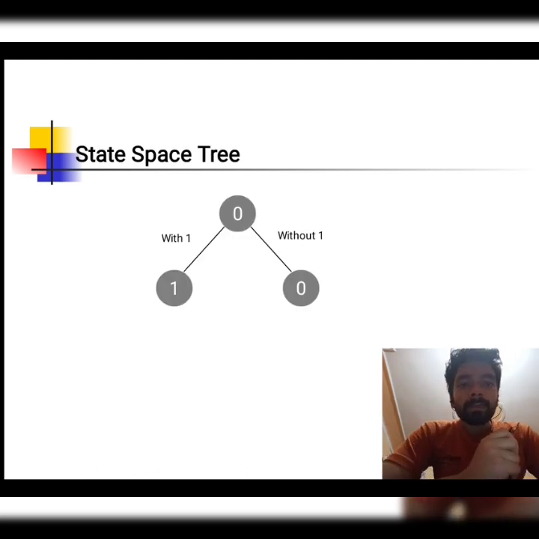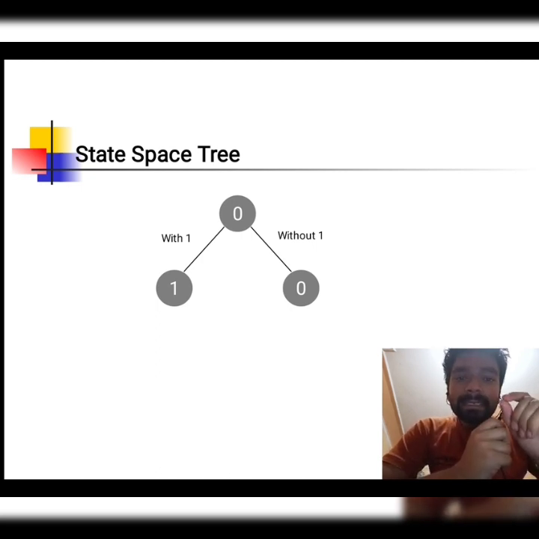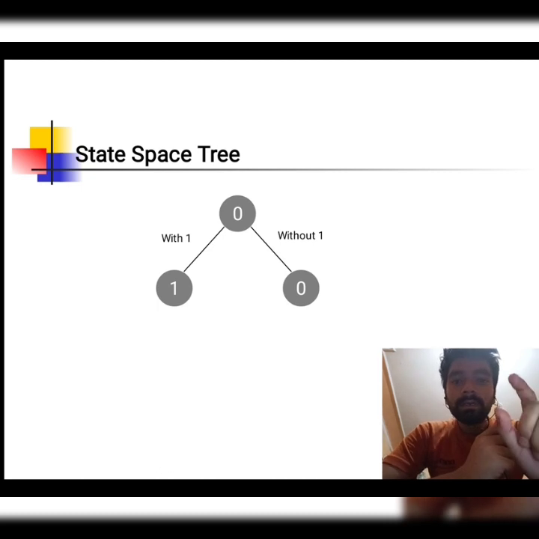And now draw a state space tree. Before drawing the state space tree, no element is inserted, so I insert 0 in the topmost node.